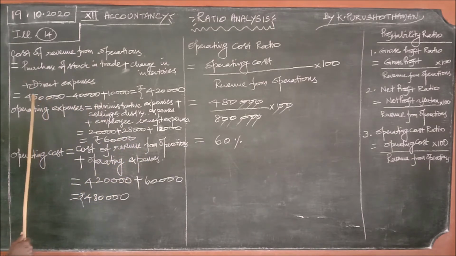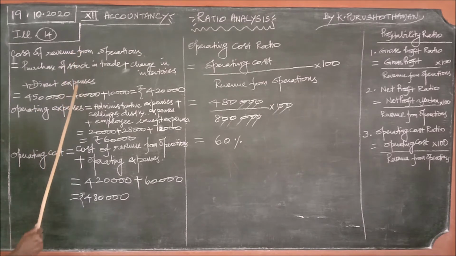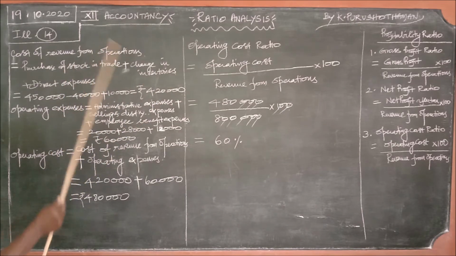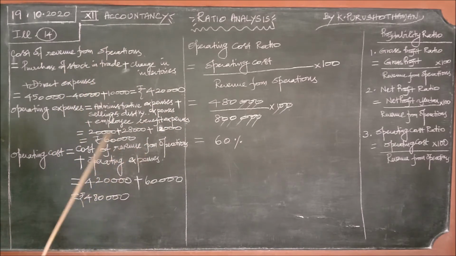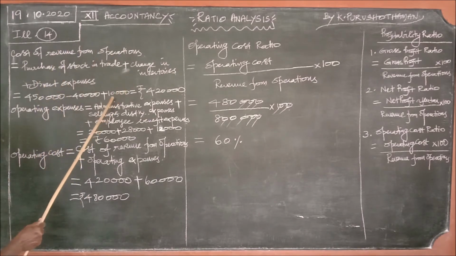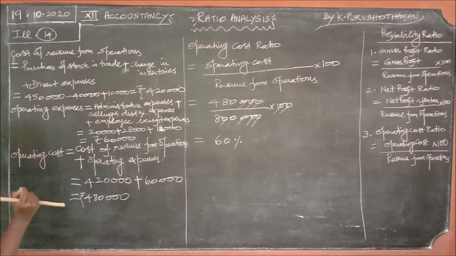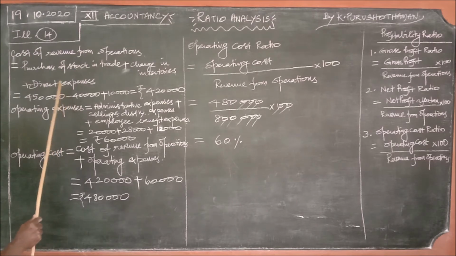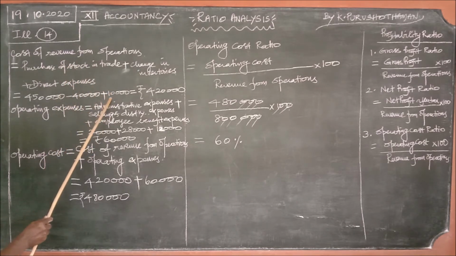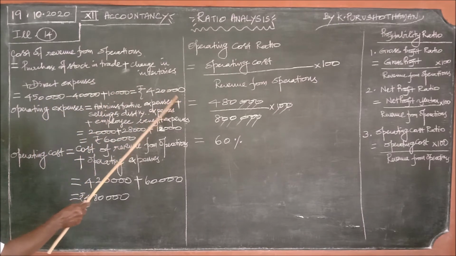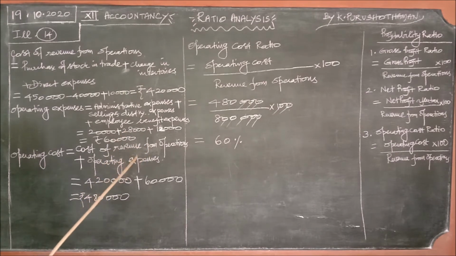So we have calculated the purchase of stock in trade. In this problem also, change in inventory is given in terms of minus, like the previous one we have seen just now. We saw it in the previous problem too. If you put plus there, your answer would not come, but there it is minus, though the printing is very small. Likewise in this problem also, the change in inventories is given minus, but that is also very small printing, not visible, but this is minus only. Plus the direct expenses, that is wages, therefore minus 4 lakhs 10,000 plus 10,000 is 4 lakhs 20,000. And that is the cost of revenue we have calculated.